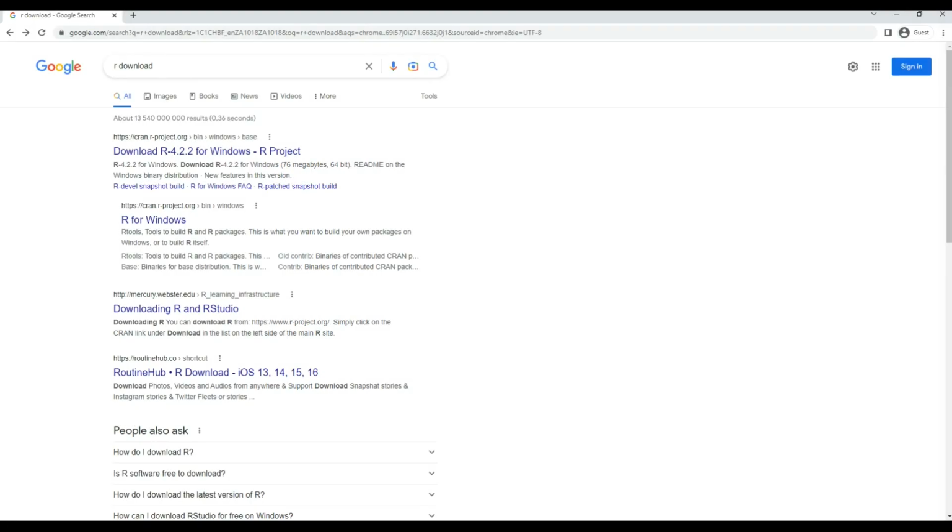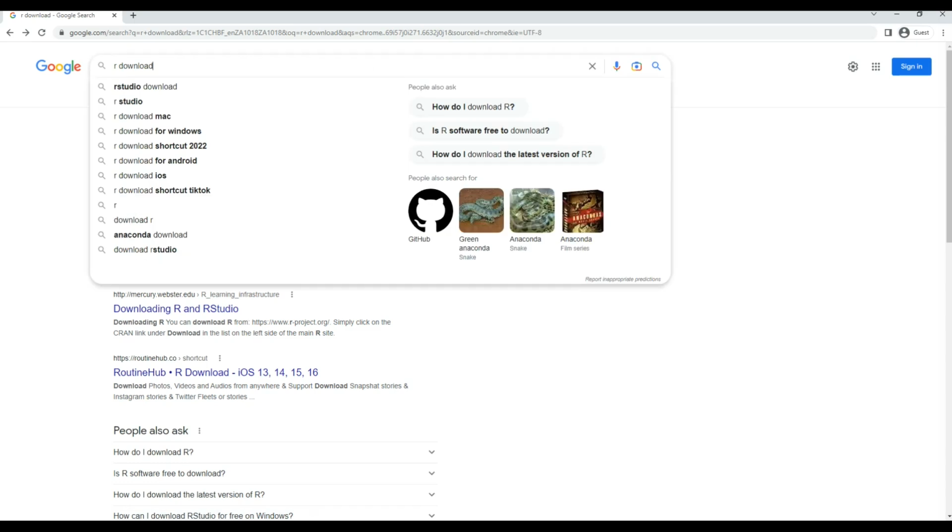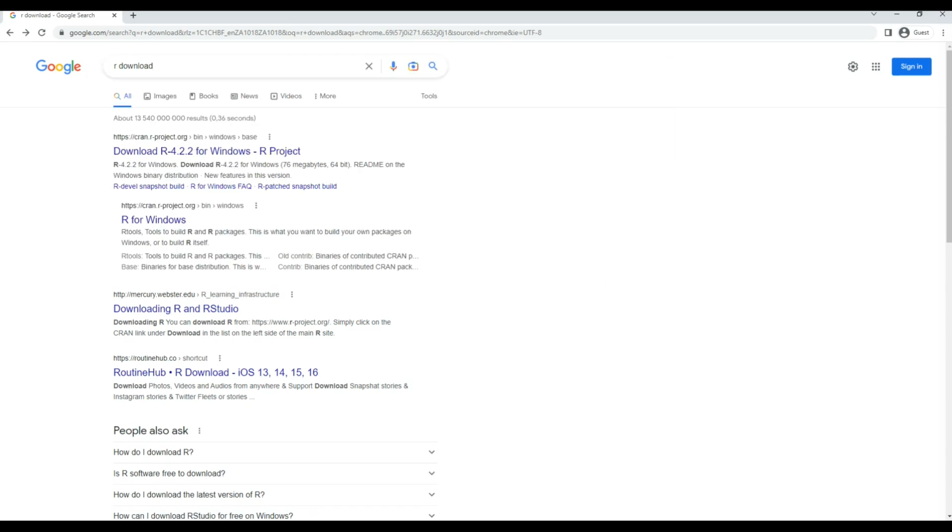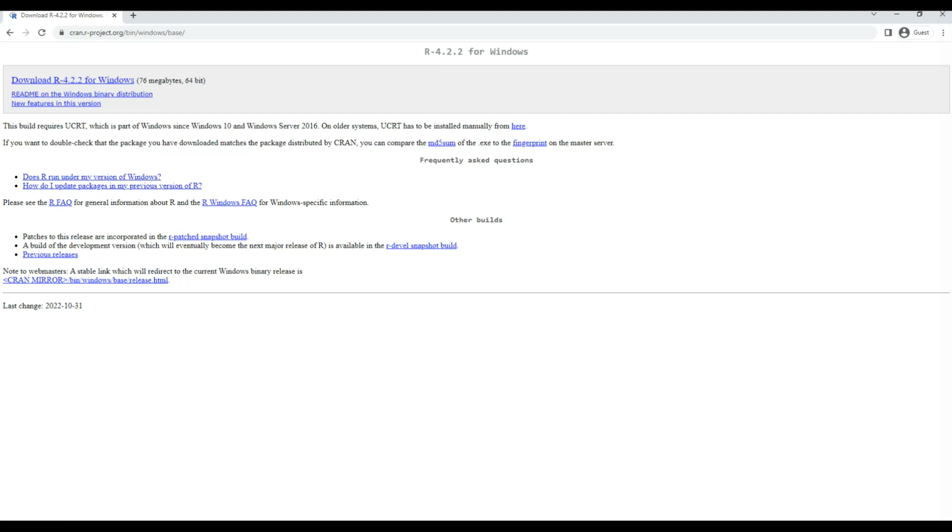So now in this short lecture, we're going to learn how we can download R and also download RStudio. I've gone ahead and I'm already on Google. So if you go to Google Chrome and you type in R download, this first link is what you're going to click on to download R. So if you click on here and you go to download R